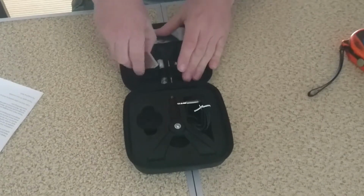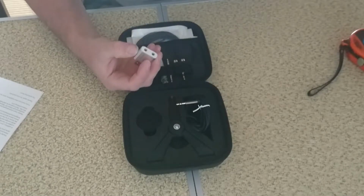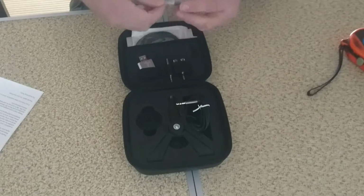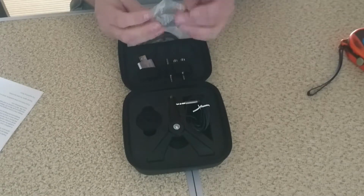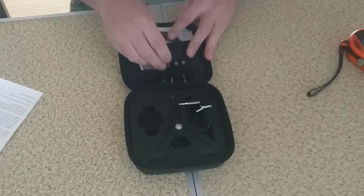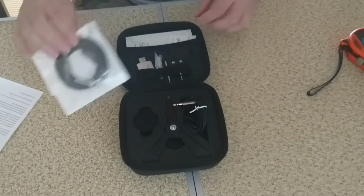Next up we have the Audio Frog sound card. This plugs into your computer and allows you to plug things into it. Then we have the microphone here that plugs into the end of the 3D printed thing that I showed you before. And then we've got adapters on adapters. We've got an extension cable,